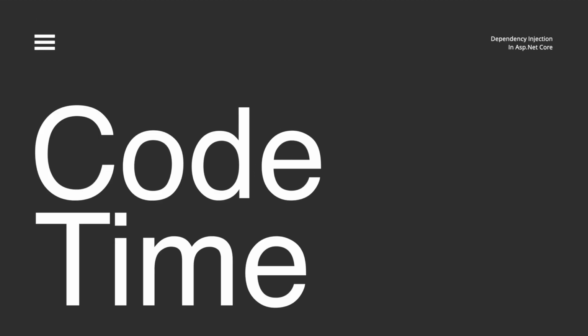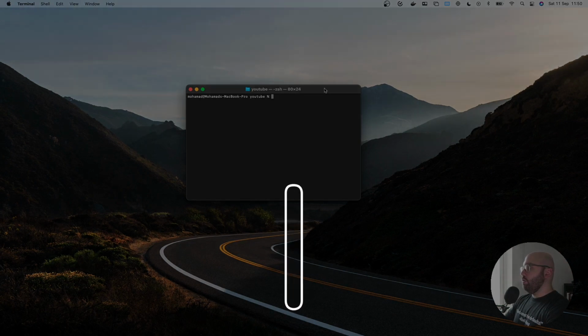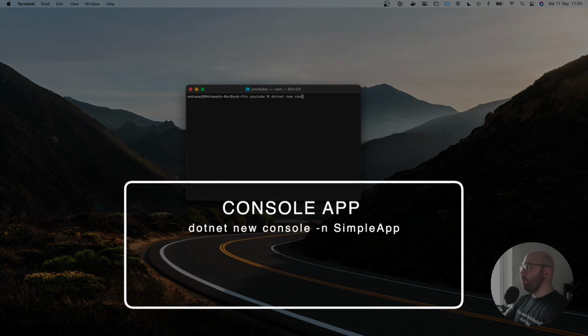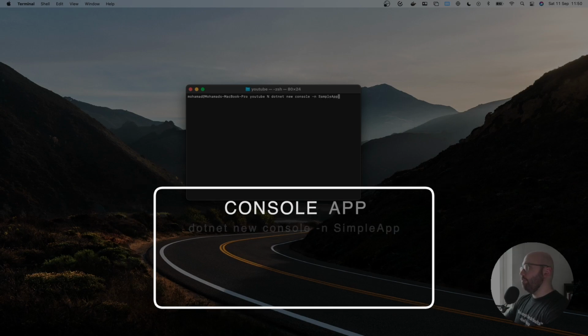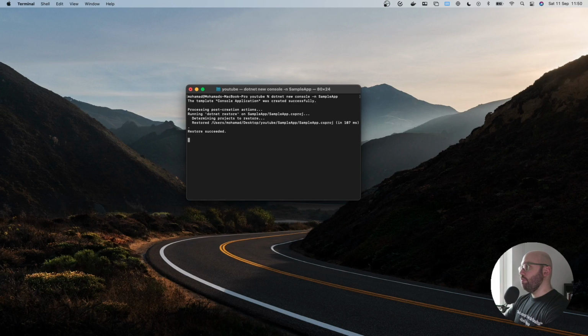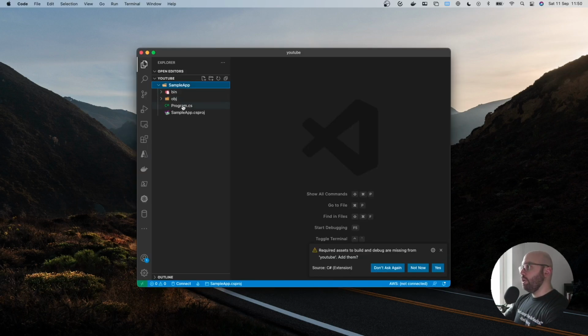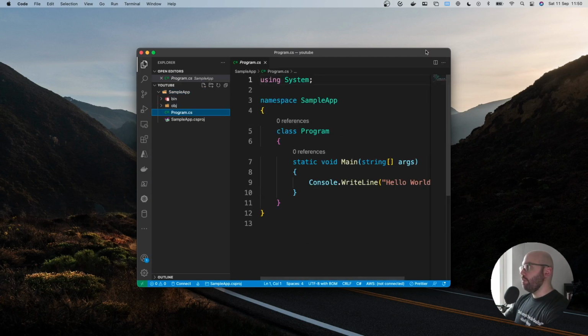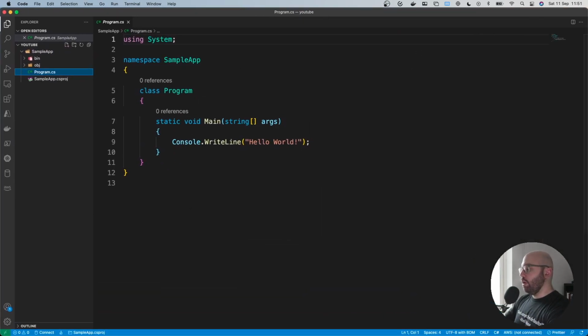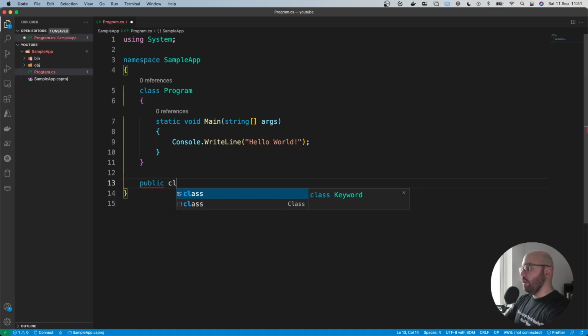So let us understand in a simple console application, what does an object relying on another object mean? Let us create a very simple console application using the dotnet new command. So dotnet new console, we'll give it the name sample app, and let's open this in Visual Studio Code. So let us open our program.cs, and inside our program.cs we're gonna be creating two classes. So the first class, we're gonna call it class A. So public class A,